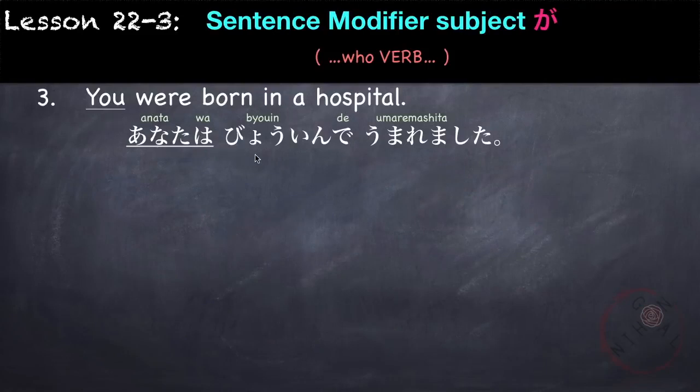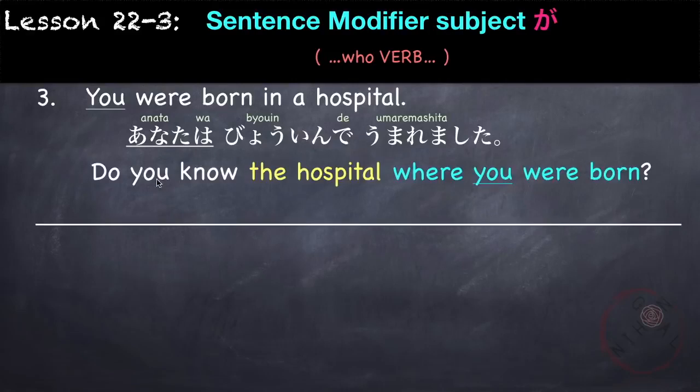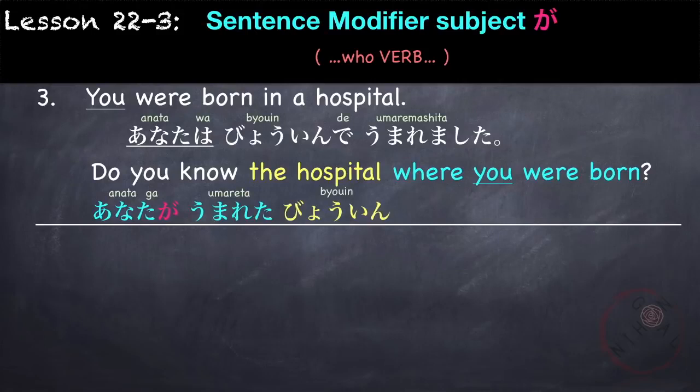Another example, you were born in a hospital. あなたは病院で生まれました。For example, we want to say, do you know the hospital? And we're describing it as where you were born. So the modifying sentence contains the subject you, which is あなたが生まれた病院を知っていますか？あなたが生まれた病院を知ってますか？